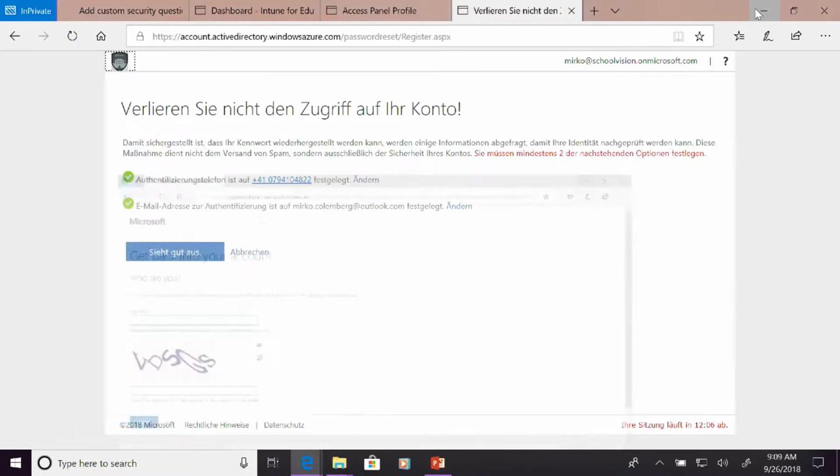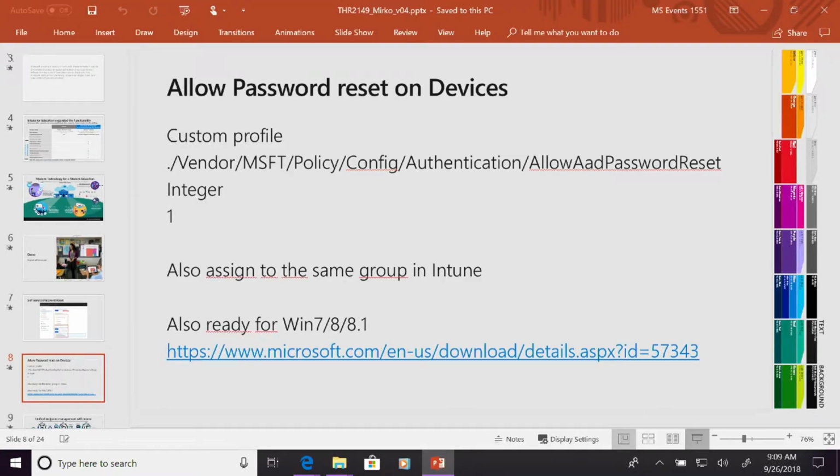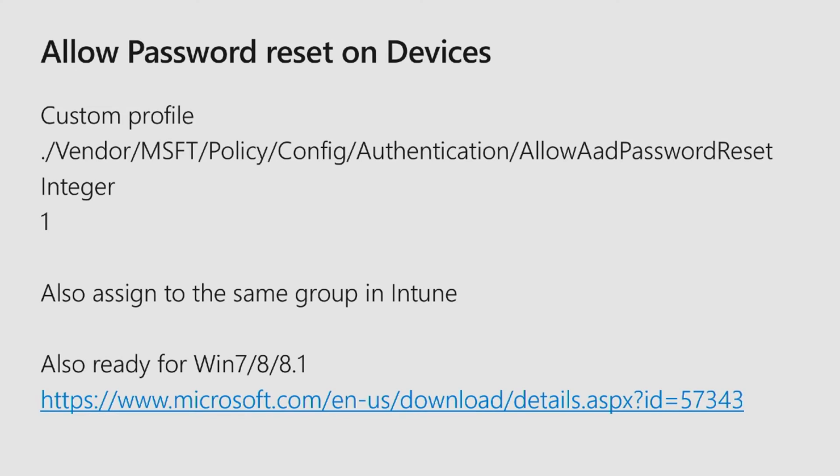So the only thing you have to do here is to set that OMA URI key with the value as a custom profile in Intune. I'll show you that in a little bit.